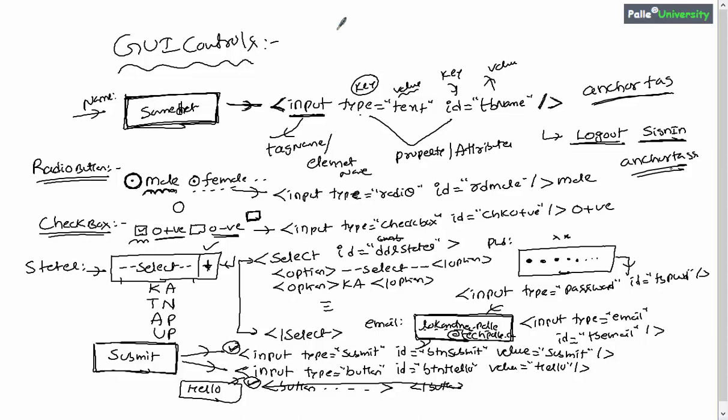In order to create an anchor tag, you should use a and something called href. Inside this href, inside the double quotations, you must specify to which page the user must be redirected when the user clicks on the anchor tag. Let us assume I wanted to go to the signout.html page. So I should write a href equals signout.html, and here I have to write signout, end of anchor tag. When the browser observes code like this, it will create a hyperlink with the name signout. Okay, so I believe you understood.